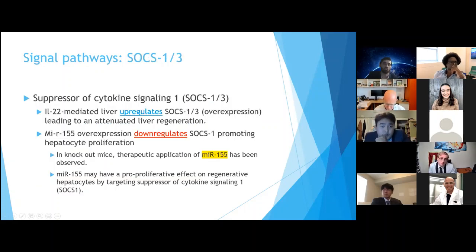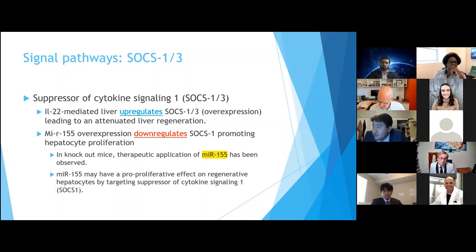Okay, and so we go on to the next one, which is SOCS1/3, suppressor of cytokine signaling 1/3. For this one, IL-2 mediated liver regeneration upregulates SOCS3 into overexpression, leading to attenuated liver regeneration. And what happens is that IL-2 increases the mRNA expression of the suppressor, and the pro-inflammatory cytokines such as IL-6, and in this case IL-22, are all